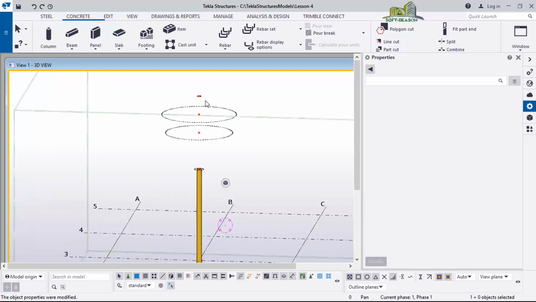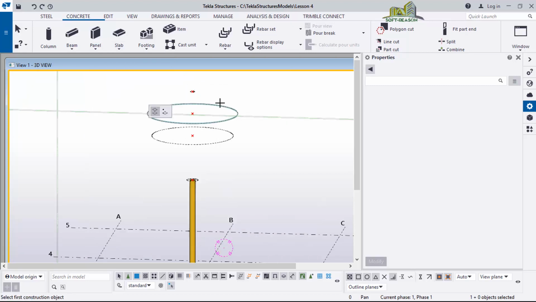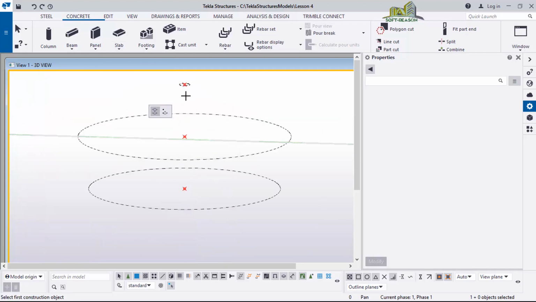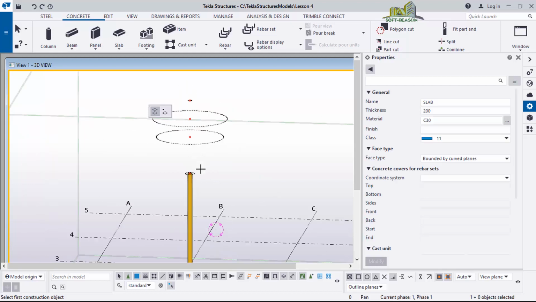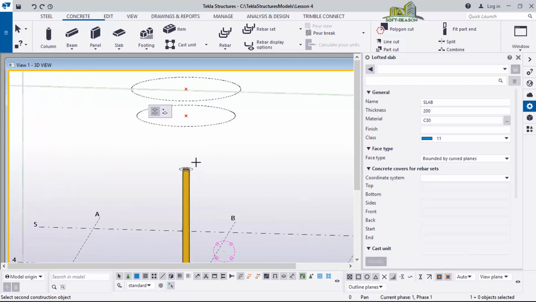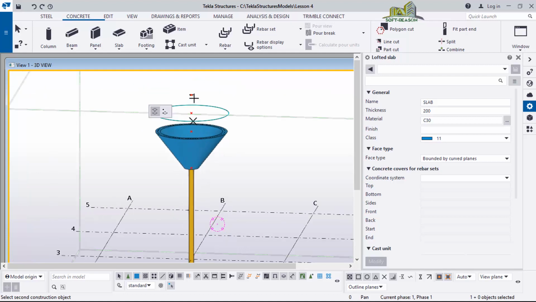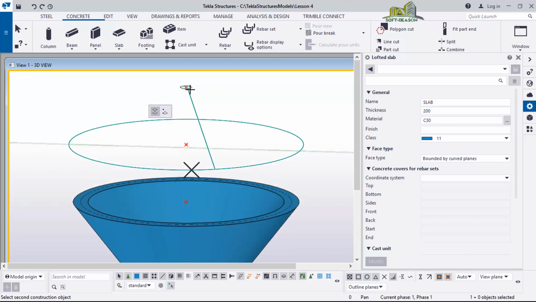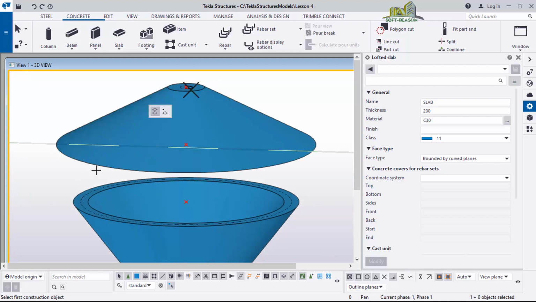What we need to do is come to this place where you see slab, and then click on this lofted slab. Once you click on it, you come to this place, select this, select this one, and then this one, and you select this.